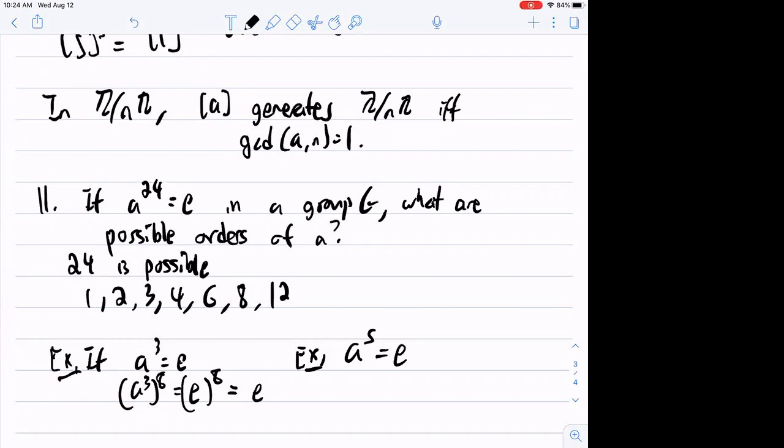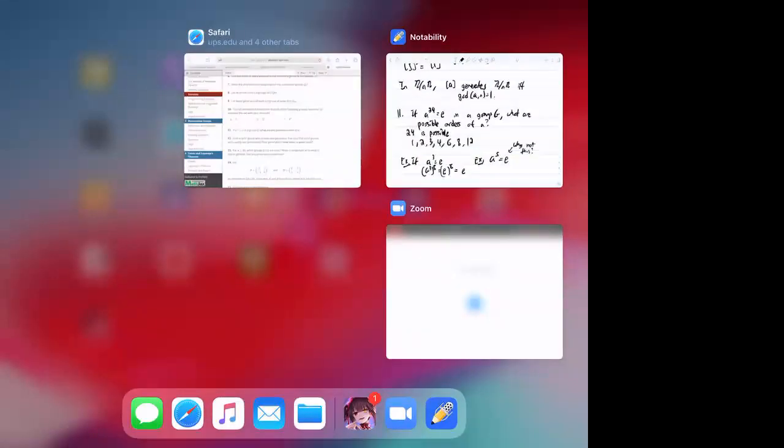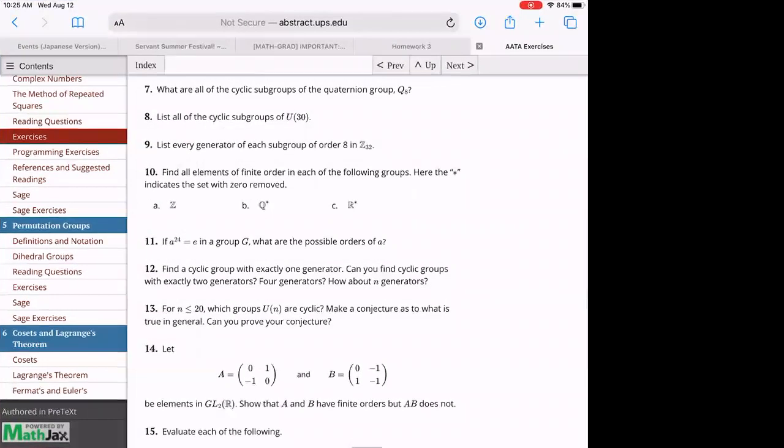Right? Why not this? I guess it can generate the whole group. No, no, it's